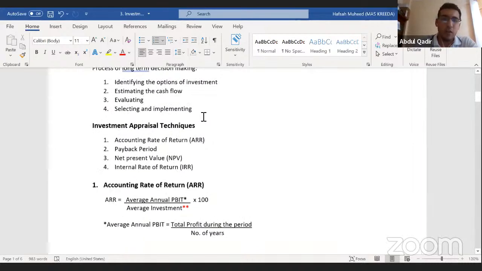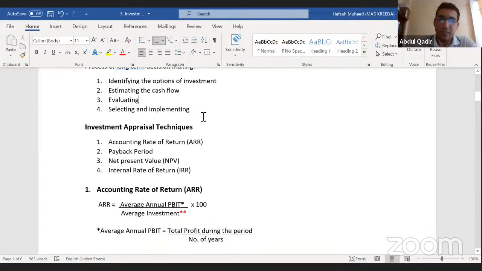Yeah, so there are 4 investment appraisal techniques. The first one is called the accounting rate of return, ARR, payback period, net present value, NPV, which is the most famous one and the most tested one in the exam. And finally, something called the IRR, internal rate of return. You don't have to worry about the last one. That is not tested mainly in the exam, local levels. But just for you all to know that there is another method like that, practically used as well.